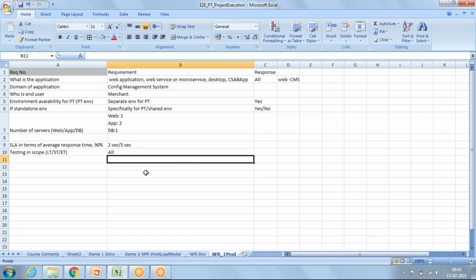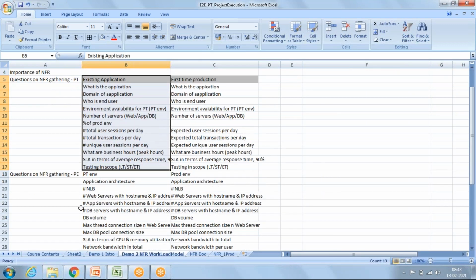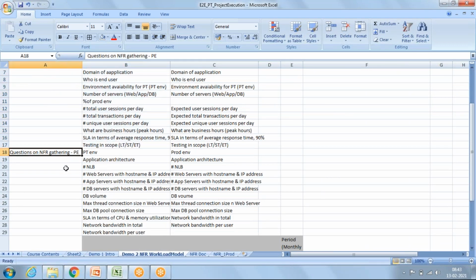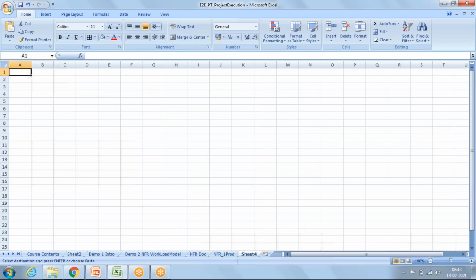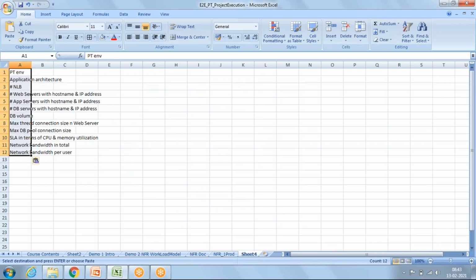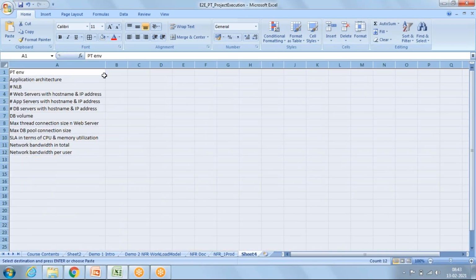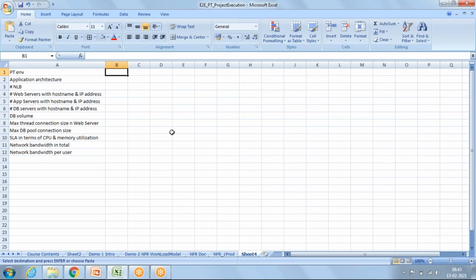Okay, and we have one more thing. We have NFR for PE, performance engineering. We'll see why we need this information. It is very simple actually. Performance engineering is a very big umbrella. All kinds of performance testing are part of PE.